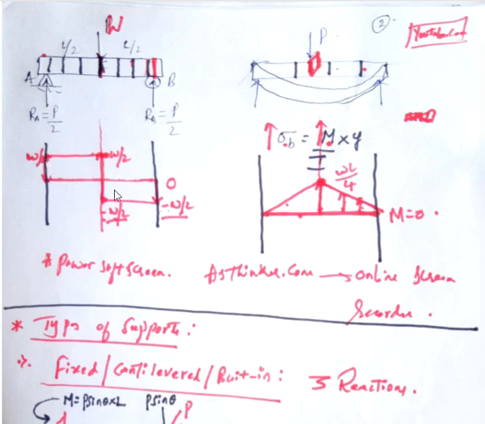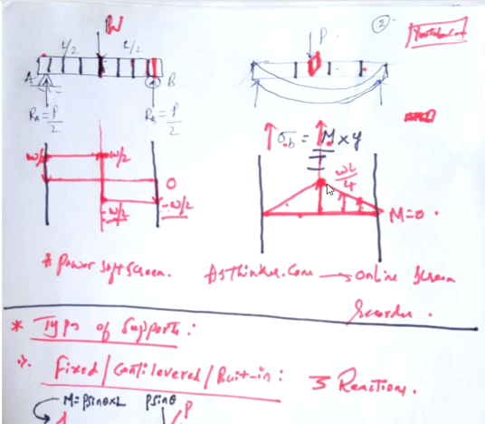Now here you can see that the shear force at this section is minus W by 2, and at this section up to this point it is minus W by 2, and again it is rising to plus W by 2. So shear force is changing from one section to another section. Now if you come to this bending moment diagram, again for plotting this graph of bending moment at different cross sections, first we need to draw a zero bending moment line. When we draw a zero bending moment line, then you can see that the graph is like this.